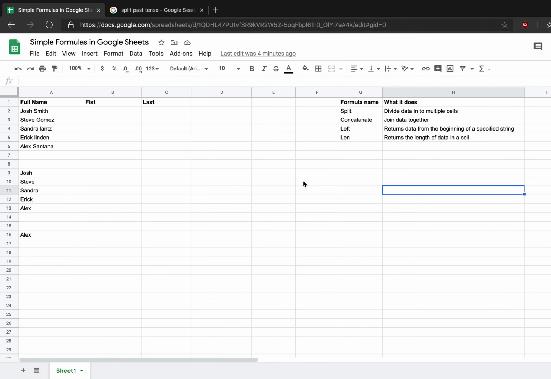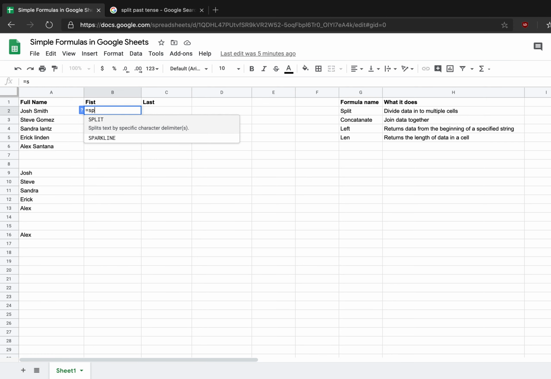Four very useful and handy formulas in Google Sheets. So the first one is split. What this formula does is it basically takes the content of one cell and splits it into two